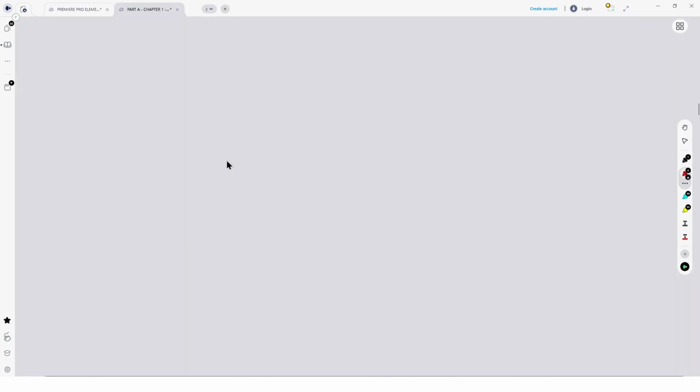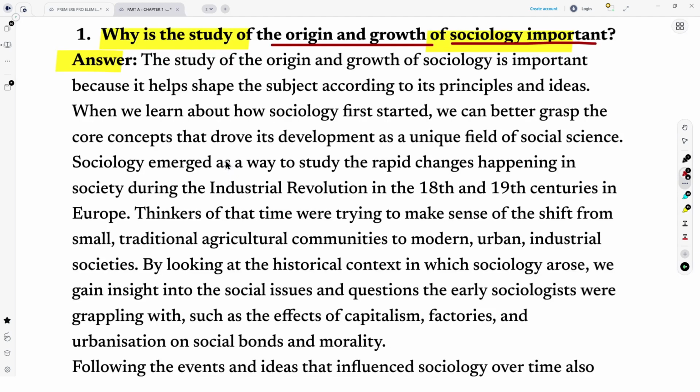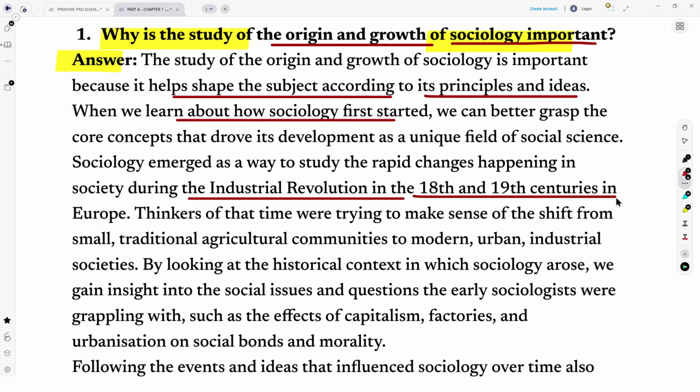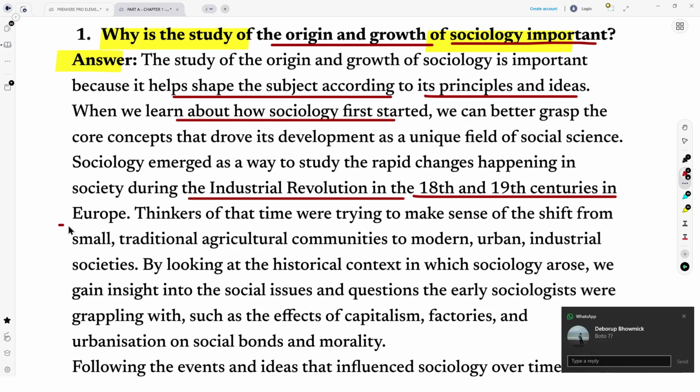Now we are going to learn and understand what is there in the NCERT. If you have to write the definition: the study of origin and growth of sociology is important because it helps shape the subject according to its principles and ideas. When we learn about how sociology first started, we can better grasp it. We already understood where it started. It started during the Industrial Revolution in the 18th and 19th century,